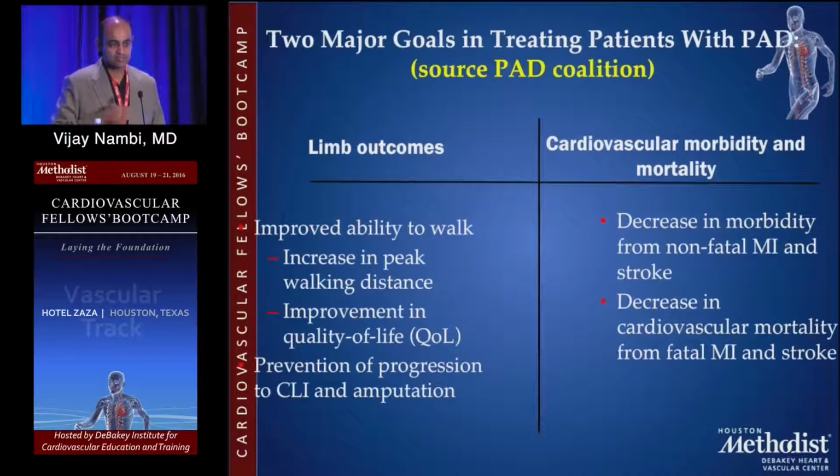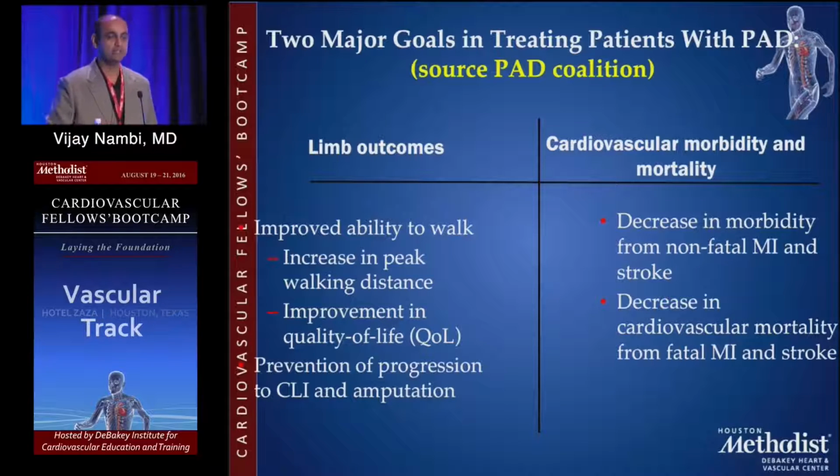The second thing you have to understand is there are two major goals in treating your patient with peripheral arterial disease. One is taking care of the leg, which is where, from vascular surgery, you'll come in most often. They're coming to you with symptoms to try to take care of them. But remember, most people with peripheral arterial disease don't die from an acute leg attack. They die from an acute heart attack or a stroke. So taking care of that atherosclerosis aspect of it becomes key in your own performance metrics, and these are the things that are being proposed as methods of judging how we're performing as physicians in these settings.